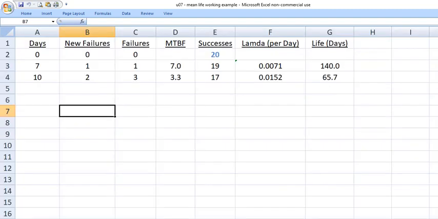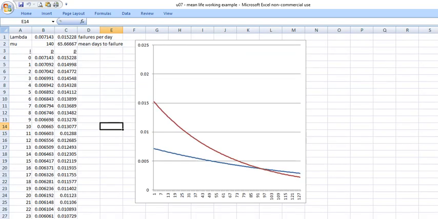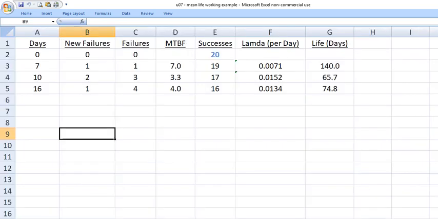More realistically, what we would do is continue to run the experiment, maybe out to 10 days where 2 more fail, and we start to get a different lambda as our rate goes out. And at each stage, we could be plotting the lambda, including the graph here for the previous one, to show that we're getting an exponential distribution that might start to fit our population even better as we go on. We continue to run the experiment out to 16 days. We now have another failure, so we have 4 total failures, and our lambda now is 0.0134